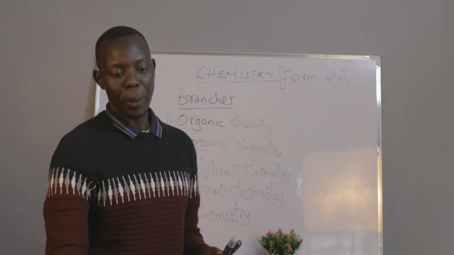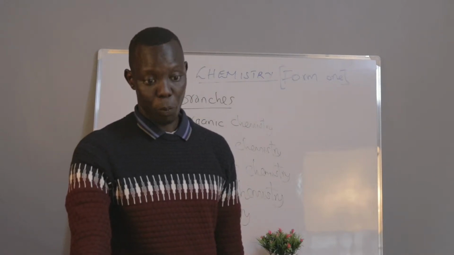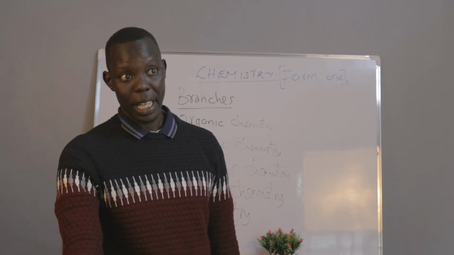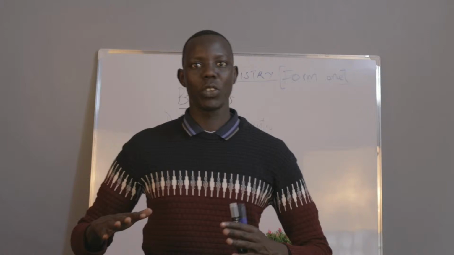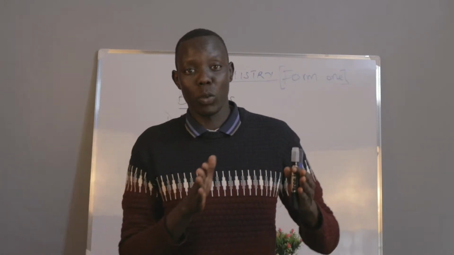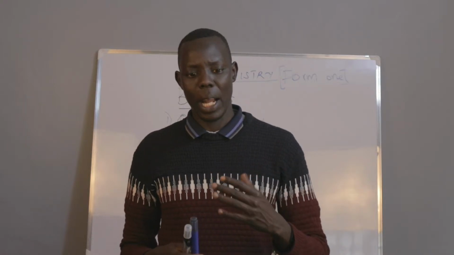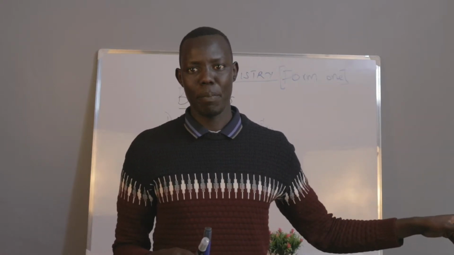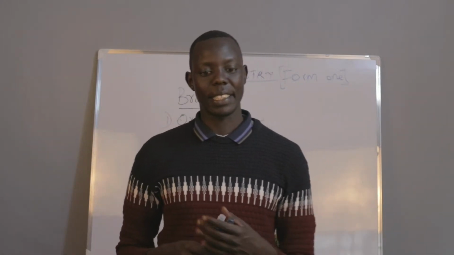Each topic will be falling under a certain branch. We will review some of the topics that we studied in primary. There are those things we studied, and we want to link the primary science and the high school science: chemistry, physics, and biology. Now, there are some things you studied in primary that can still be found in physics. That is matter. Let me start with matter.